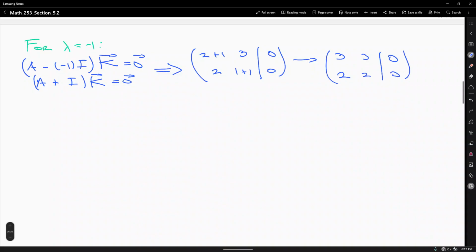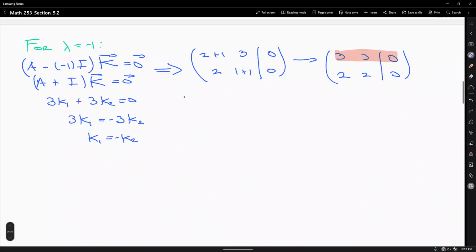Do you guys see how these two rows are multiples of each other? We can divide the first row by 3, we can divide the second row by 2, and we're going to have exactly the same row vector on both rows. So simply, I'm going to take, I feel like taking this time the first row, or maybe you want to take the second, it doesn't matter. It's the same. So that means 3K1 plus 3K2 equals 0. All right. So I'm going to solve for K1 again. 3K1 equals negative 3K2. That is, K1 equals